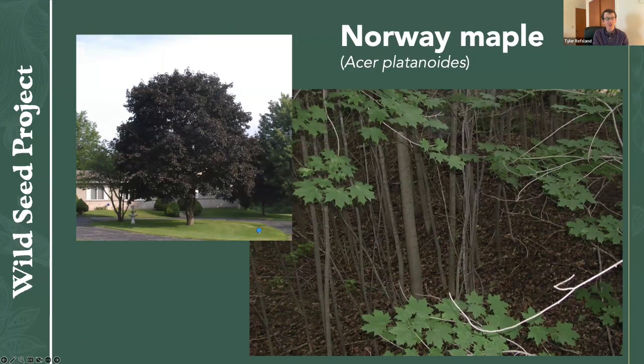But one tree that certainly does do well in our conditions is Norway maple. Norway maple, as many of you know, is a non-native tree that was very much popularized by this cultivar in the upper left corner that has purple foliage. And you see these all over the place. They're no longer for sale in Maine, as I understand it, but they're still everywhere. And hopefully people have really curbed back planting them. But the problem with them is